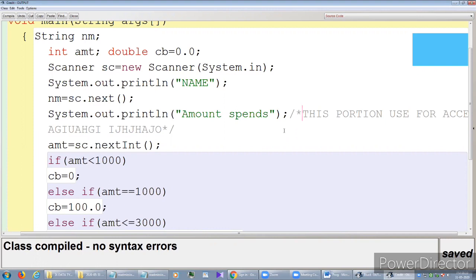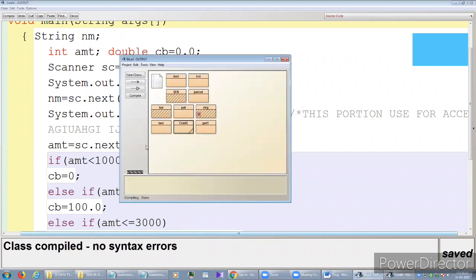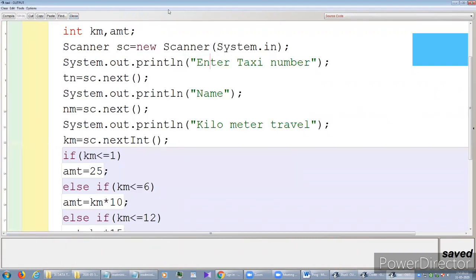So keep one thing in your mind. This slash we are going to use for the comments, and this other slash we are using for escape sequences. If you recall the previous program, I can show you the difference between this backslash and front slash.